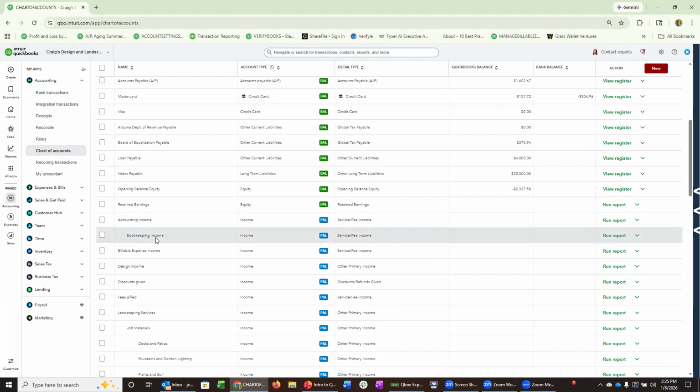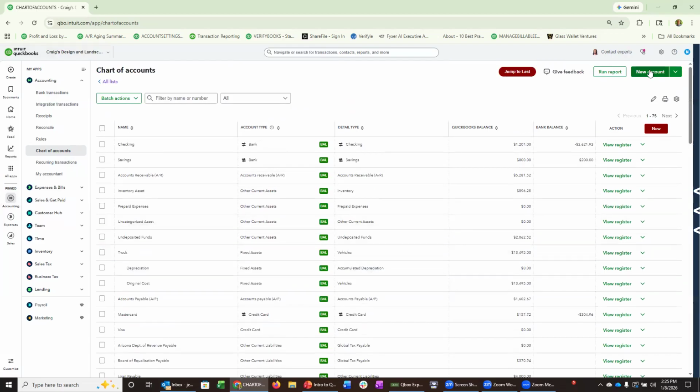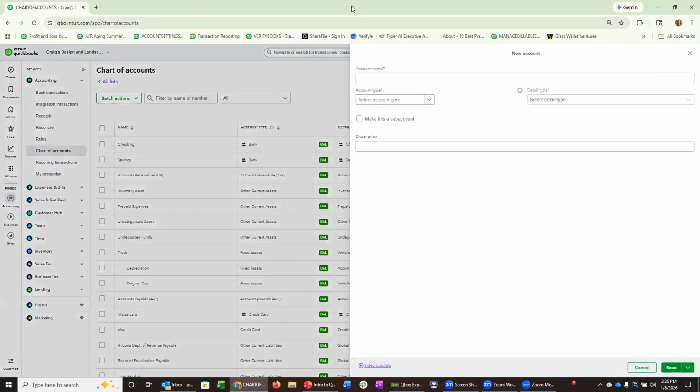So I do several different types of work in my business. I do bookkeeping, I do training, I do payroll. Those are the only 3 income accounts I really need in my chart of accounts. In this sample company, we've got all these other income accounts, but I don't need any of those. But I do need a payroll income and I do need a training income. So I'm going to go back up here to the top and say, I need to create a new account. And I'm going to call it training